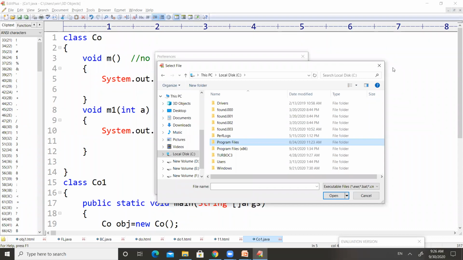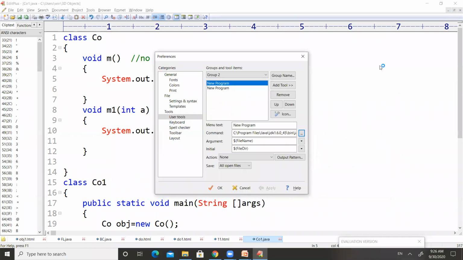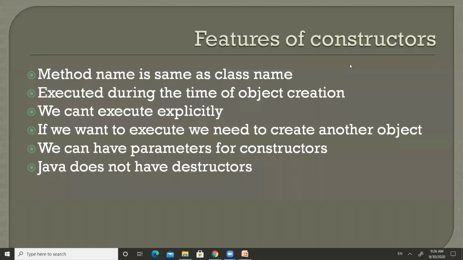The system is a little bit slow, that's why I'm not getting this.